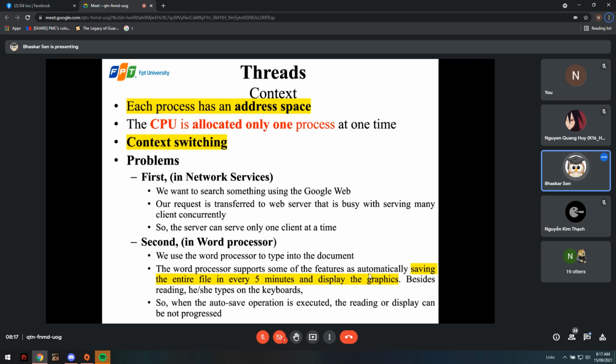You start Microsoft Word or PowerPoint. Then you want to open a new PowerPoint window. You go to File, click on New. What you are creating is not a process. You're actually creating a thread. And that will bring you to the second benefit and the most important benefit of threads,